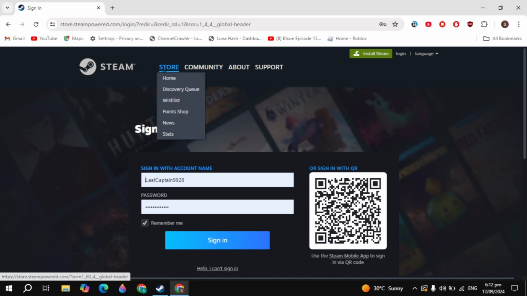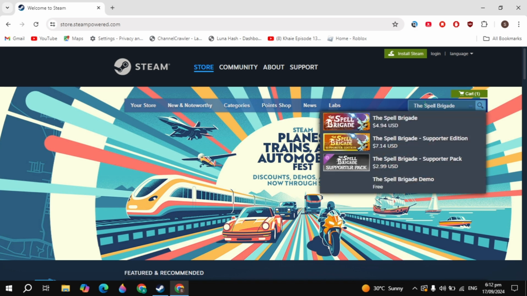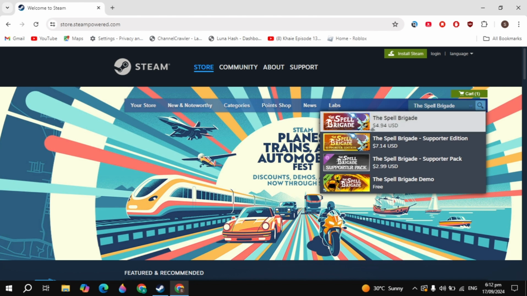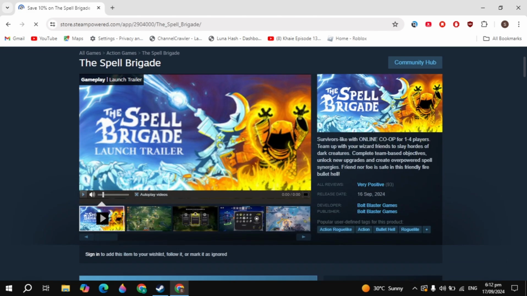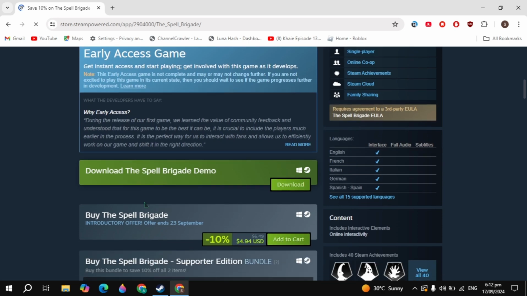Then just click on the store option you are seeing on the top. And once you click on the store option, just click on the search option you are seeing here, and then just type Spell Brigade, and this game will appear on the top. So just click on this game, and here just scroll down and you will see the option of add